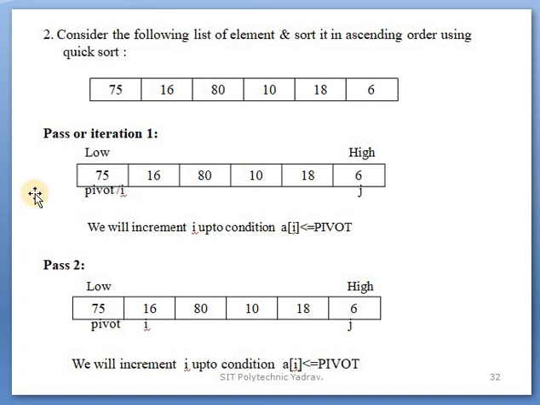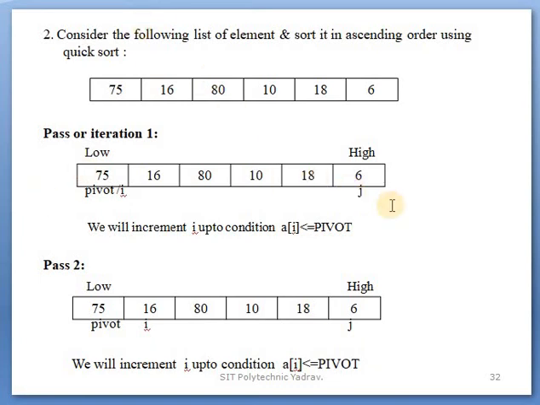And also check that i is less than j. Whenever i is greater than j, at that time we swap a[j] and the pivot element. After the pivot element is swapped, the array is split into two parts, the left sublist and the right sublist. Each sublist is considered as a list of its own, and this technique is applied again recursively. So in quick sort we use the divide and conquer approach. Clear? Revise that algorithm.